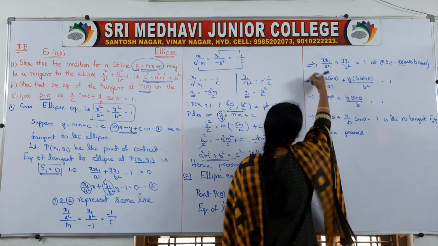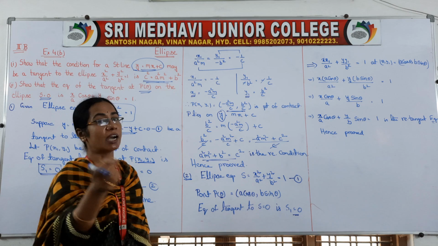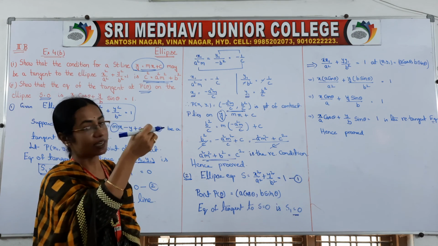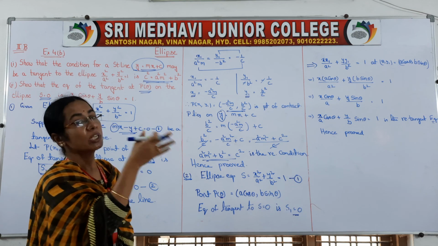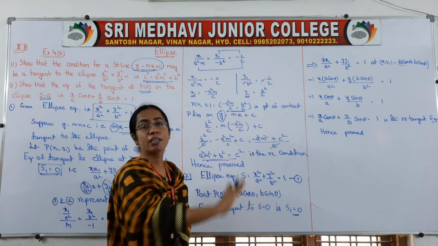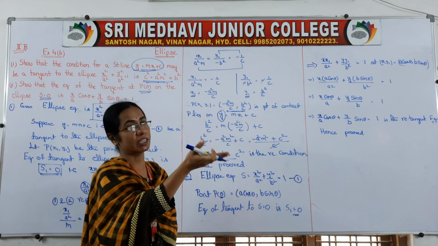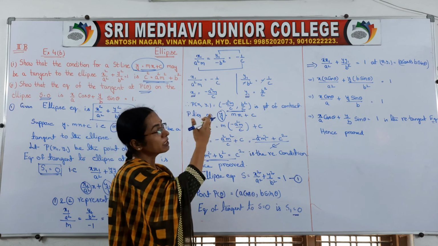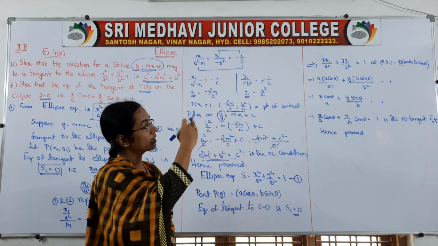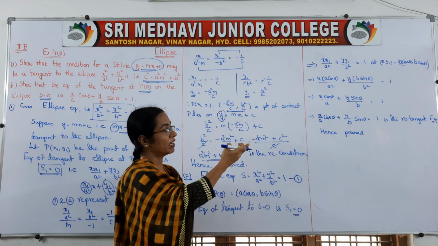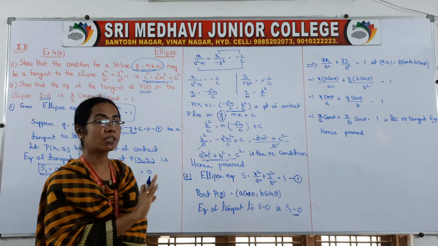In this tangent we have to find the tangent at the point a cos theta, b sin theta. So that point has to satisfy the equation. That is why in x1's place you take the x coordinate and in y1's place you take the y coordinate. A will get cancelled and you will get your required line equation, the tangent equation, hence proved.